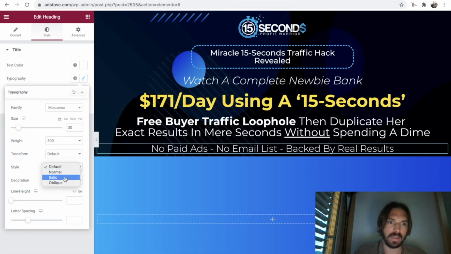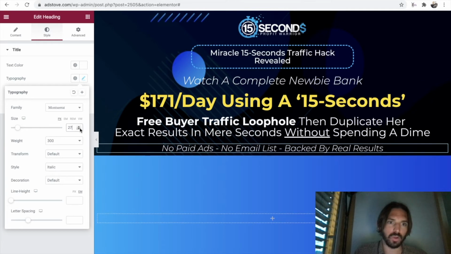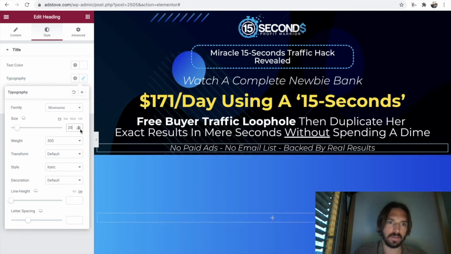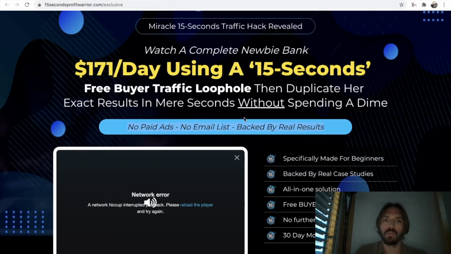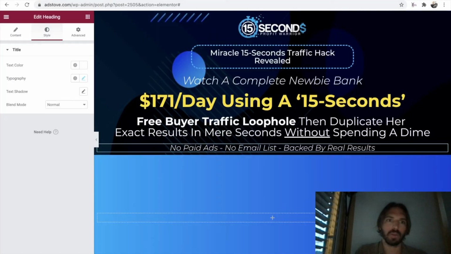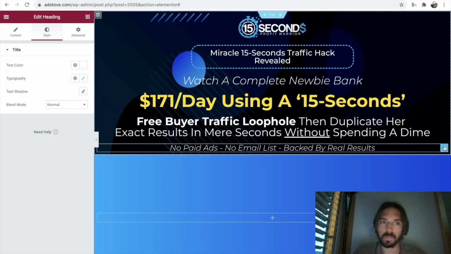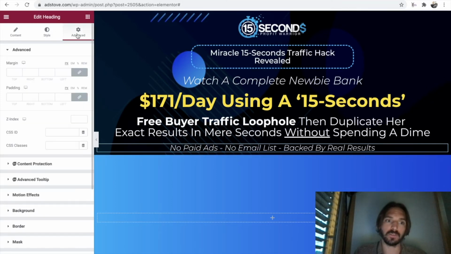I'm going to make that italic. I'm going to maybe even make that a bit smaller. And that's pretty decent. Okay, so we want to create this sort of blue background border around it, similar to what we did before. Okay, we're just going to go to advanced, and I'm just going to unlink the margin,